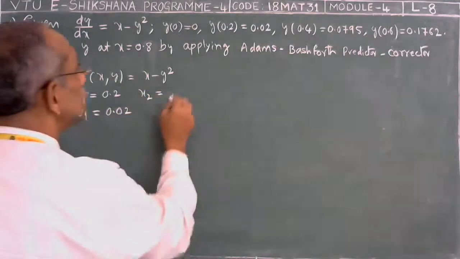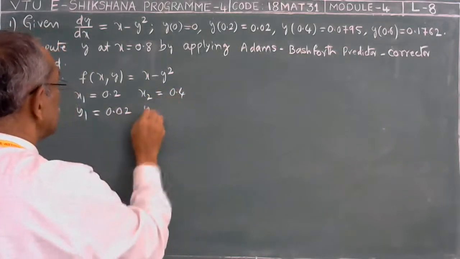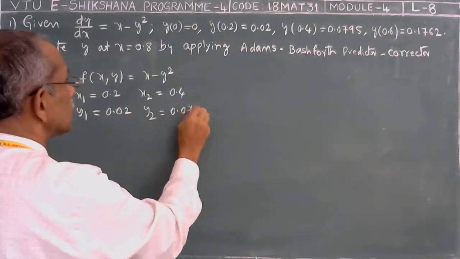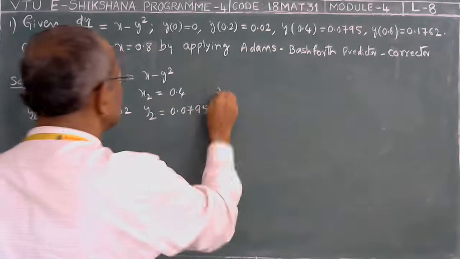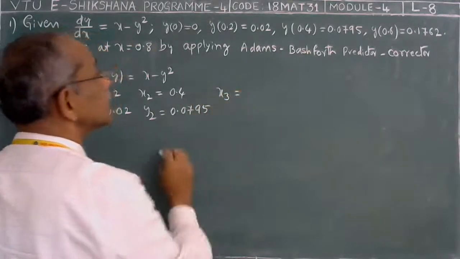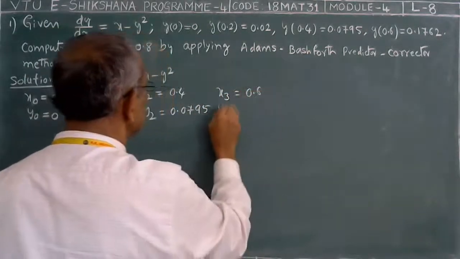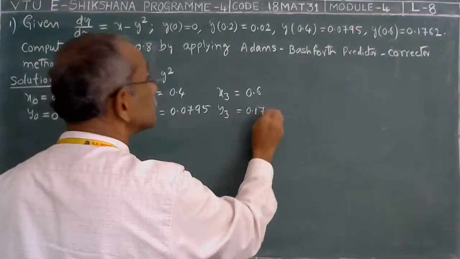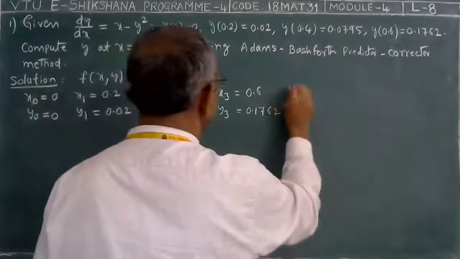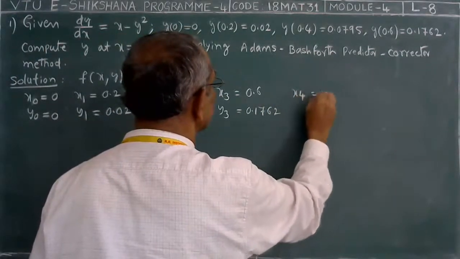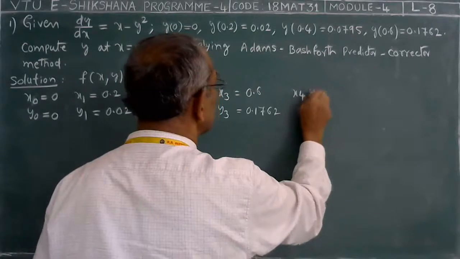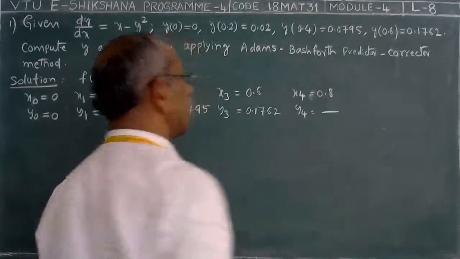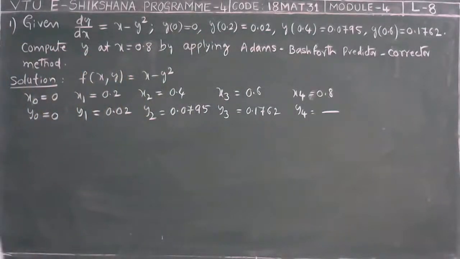Then x2 is 0.4, y2 is 0.0795. x3 is 0.6, corresponding value y3 0.1762. The next value of x is 0.6 plus 0.2, that is 0.8, and corresponding value of y we have to find using